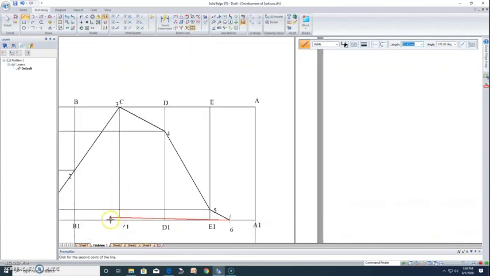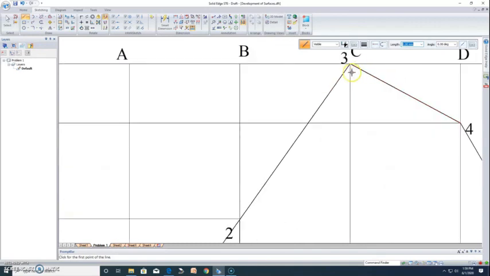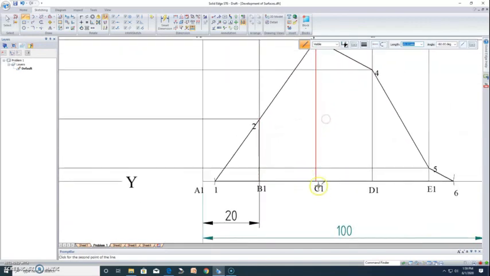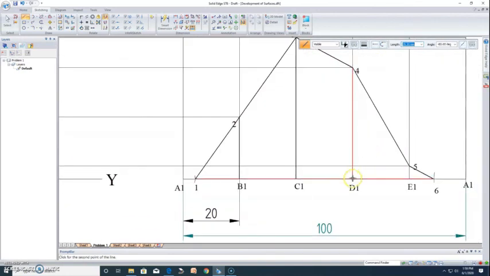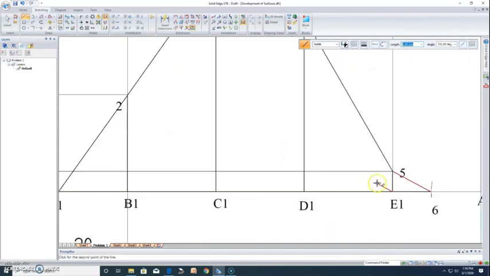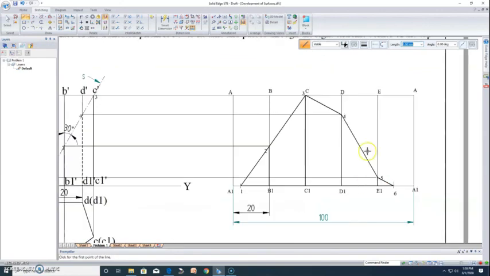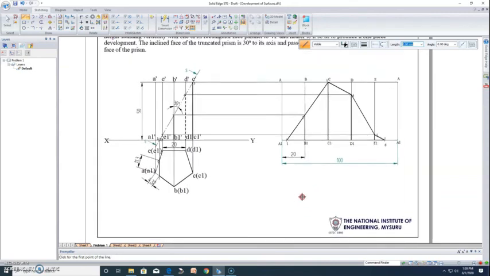Okay, and finally the entire base is visible. From 6 to 1 it is visible. And similarly all the vertical edges 2 to B1, 3 to C1, 4 to D1 and 5 to E1 are visible. So this will be the final development of this particular problem. So this is how it looks. So this is the solution for problem number 1.